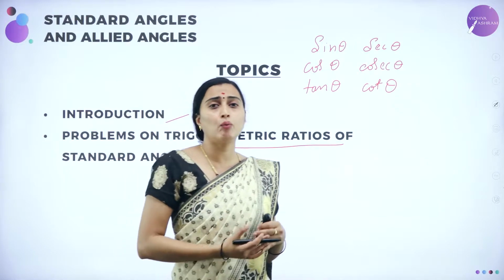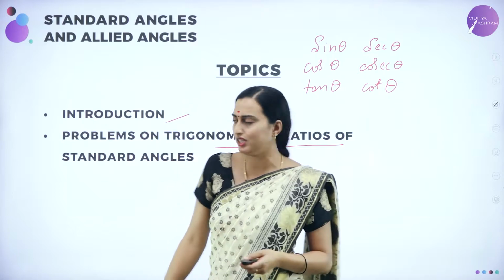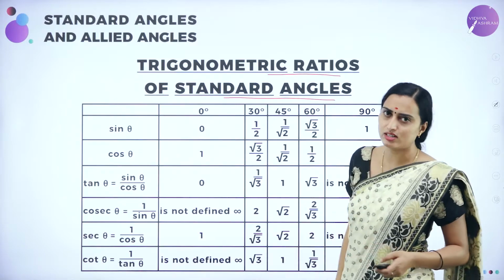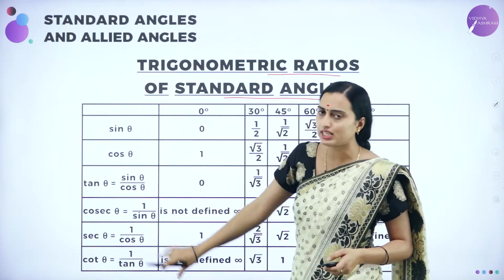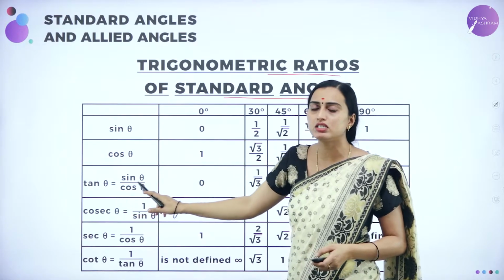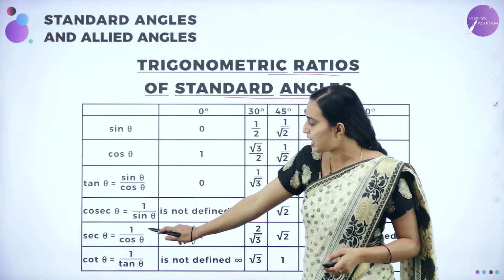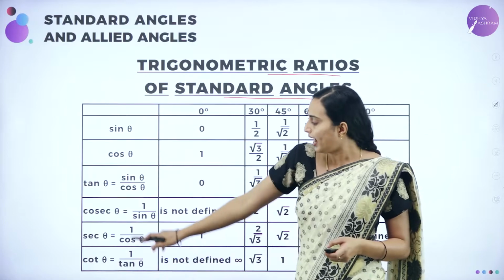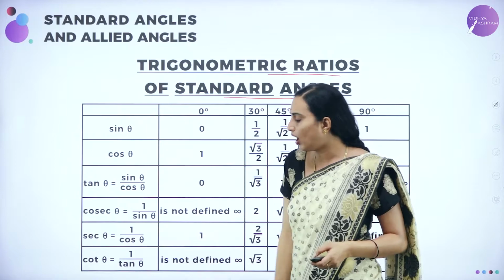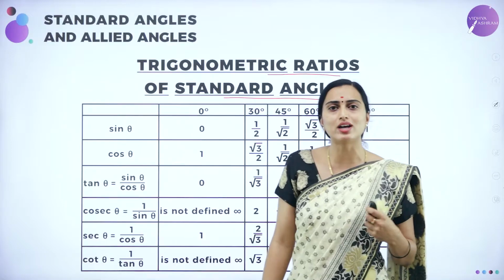And in which degree, what will be the values of the trigonometric functions? We have the introduction of this part here, that is nothing but trigonometric ratios of our standard angles. So here are the trigonometric functions I have taken. As I told you, tan theta can be written in terms of sine by cos. Similarly, cosecant theta can be written as 1 by sine, that is a reciprocal of sine. And secant theta can be written as 1 by cos, reciprocal of cos, and cot theta can be written as 1 by tan. Otherwise, cot theta can also be written as cos divided by sine.